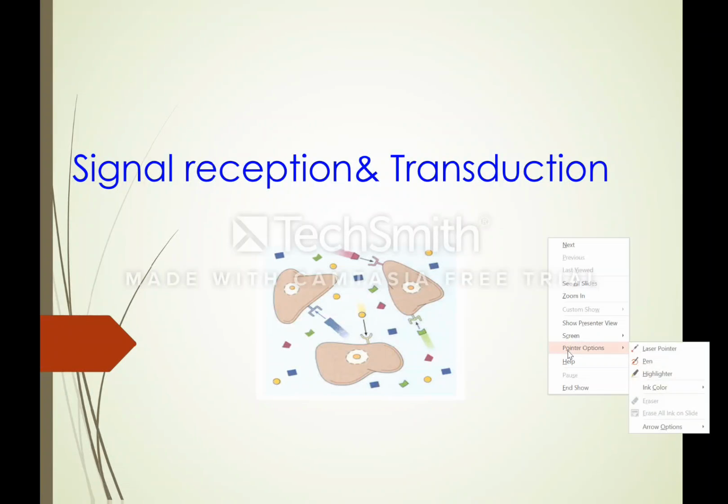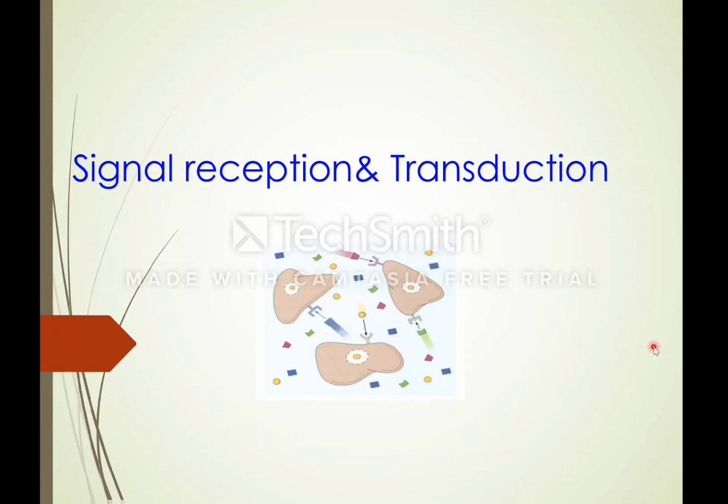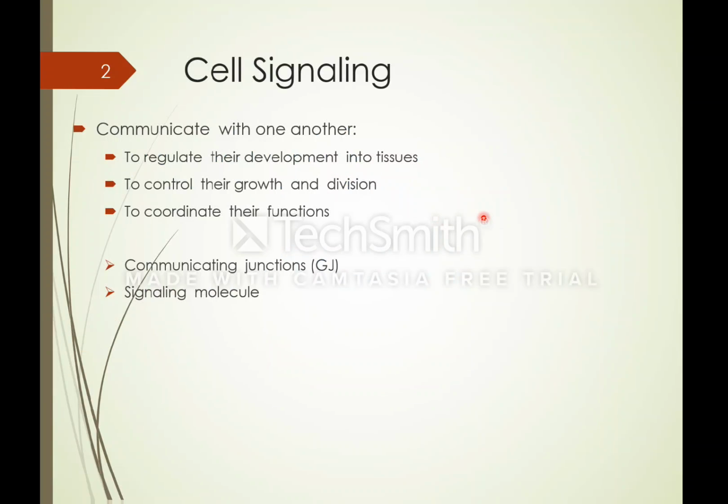As I said in the last part about the functions of the cell membrane, another function of the cell membrane is cell signaling: reception of signals and transduction in the cells. Cell signaling communicates from one cell to another cell to regulate their development in tissue, to control their growth and division,